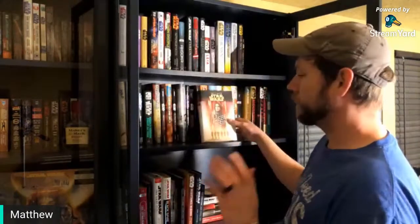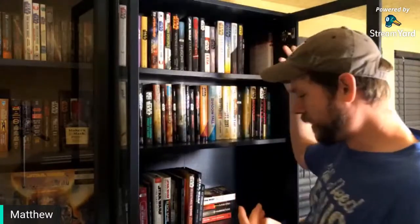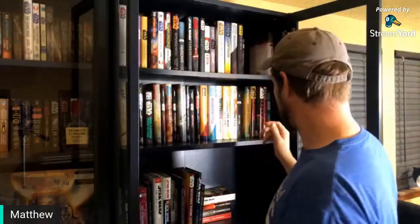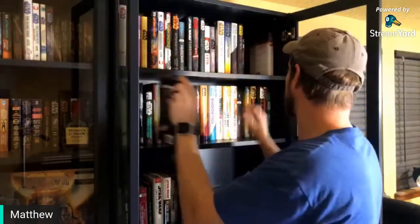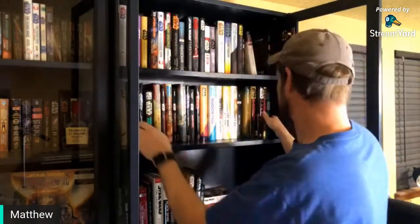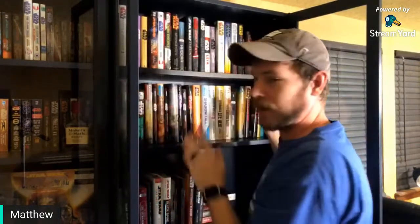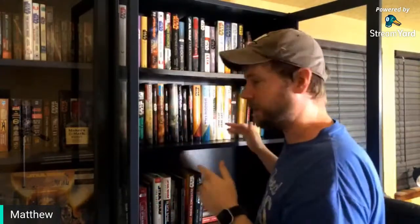So I can't move Rebel Rising very far. Yeah, what did I do? Just one. I took away one little book and moved. I want to do something else here. I want to put this back up. Pirate's Price is going back up. Scooting this back down. Man, I freak out. I think I'm going to make this thing collapse. Hopefully that